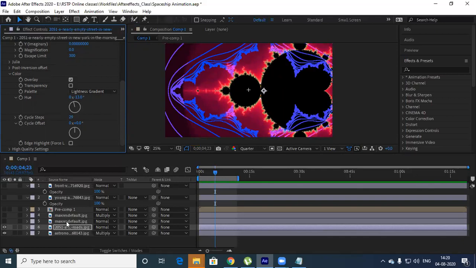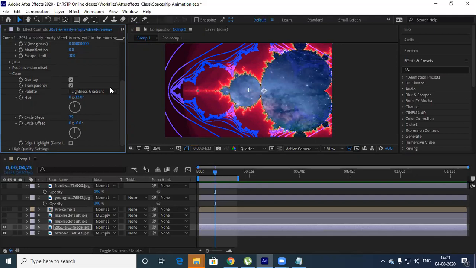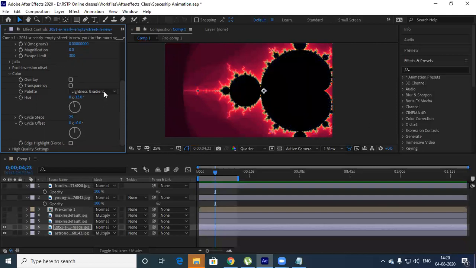You can add an overlay over here wherein you can play with the background, see the background and all. Understood. So just try this transparency overlay, just turn it off. So it looks good.